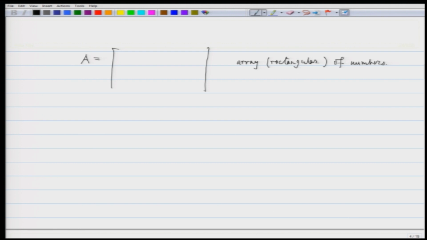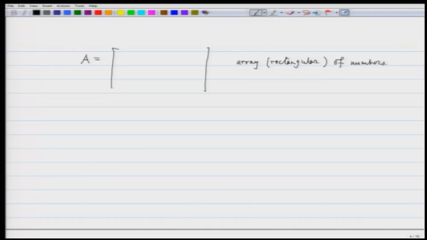So, it is just an array of numbers, and the entries of this could be any of the numbers, or it could be functions, it could be anything. Depending on the requirement, we will change our ideas, but for the time being our entries are going to be mostly real numbers. Once in a while I look at complex numbers as entries, but mostly it will be real numbers for us. So, if this array or this matrix is of size m cross n, or the order of this matrix is m cross n,